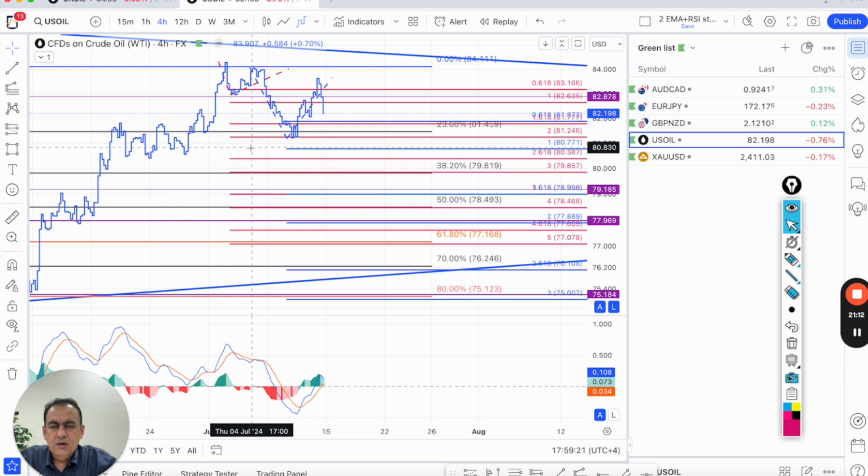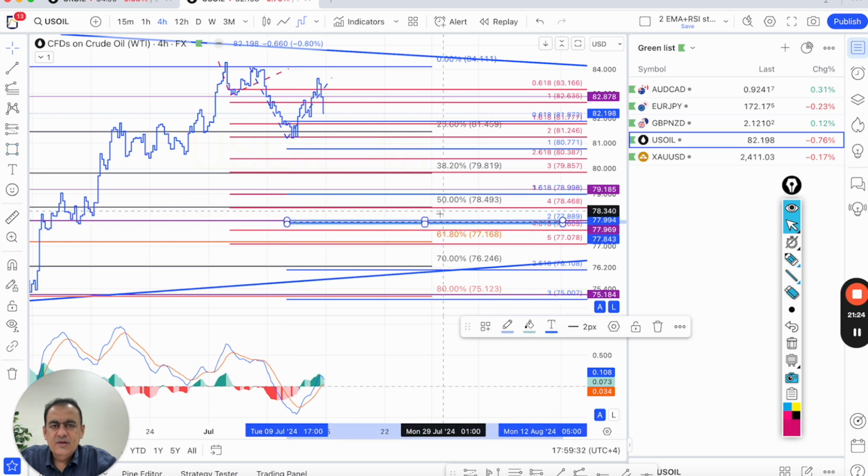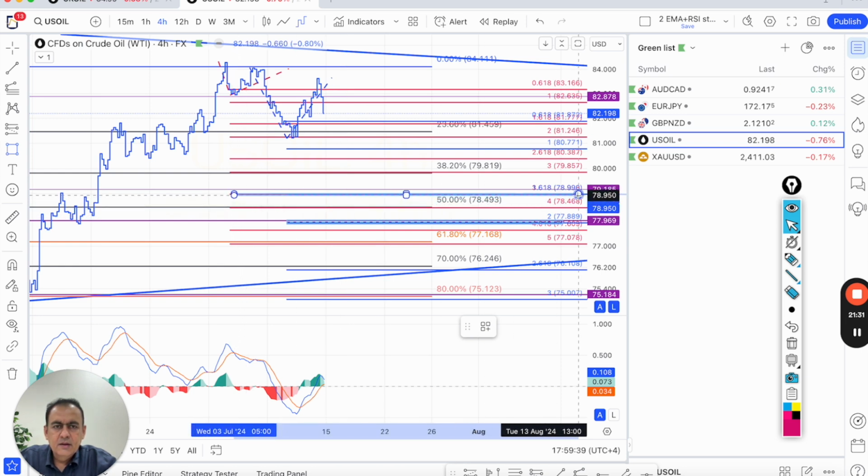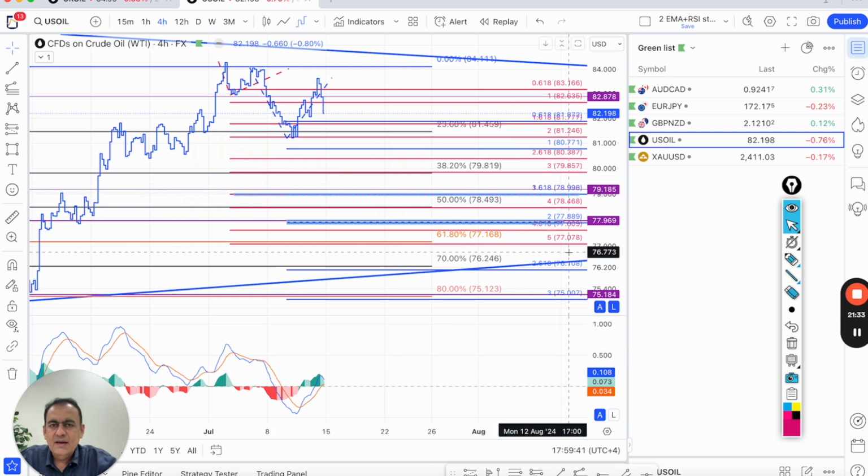Do we see any overlapping Fib levels here? The red line and the blue line are coming very close. Yes, I can see we have one at 77.8. We also have one, this is the exact duplication, at 79. This is again matching my previous expectation that if sellers continue to hold the market in crude oil,